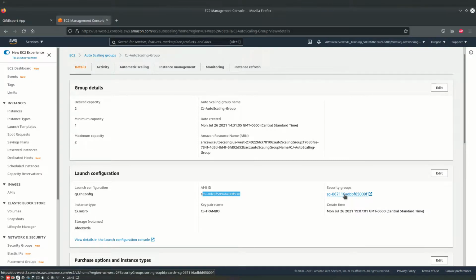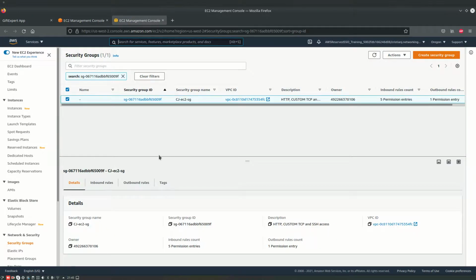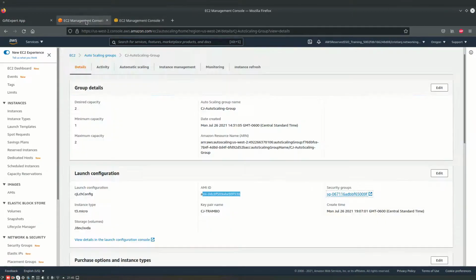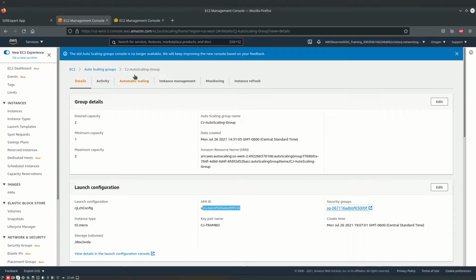And this is the security group. Let's take a very brief look at the group. This is one that I created for myself. This is the name, and here are the inbound rules. So let's come back to the AutoScaling group,